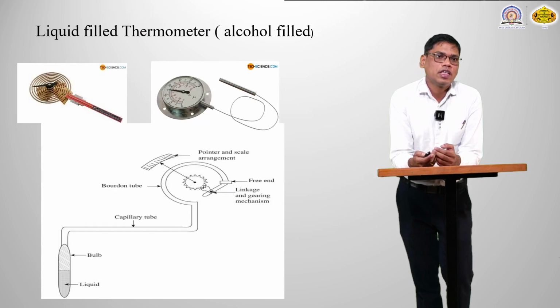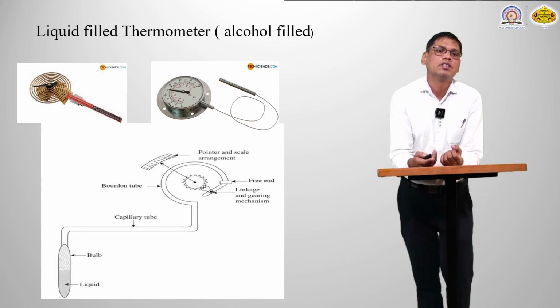Then next is a liquid filled thermometer, the alcohol thermometer. A typical alcohol thermometer is shown in this diagram. It consists of a liquid, then a bulb, which is connected to the capillary tube, and that capillary tube is connected to a Bourdon tube. And as this bulb is kept in contact with any substance whose temperature we are going to measure,